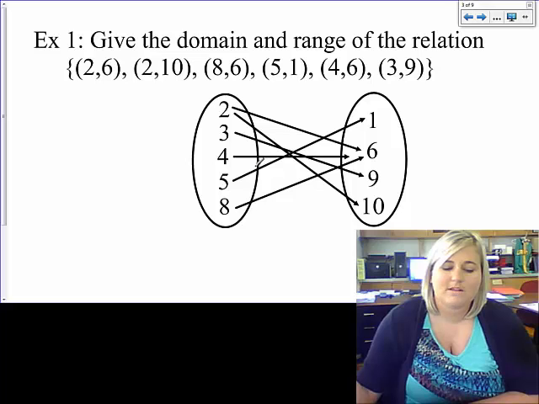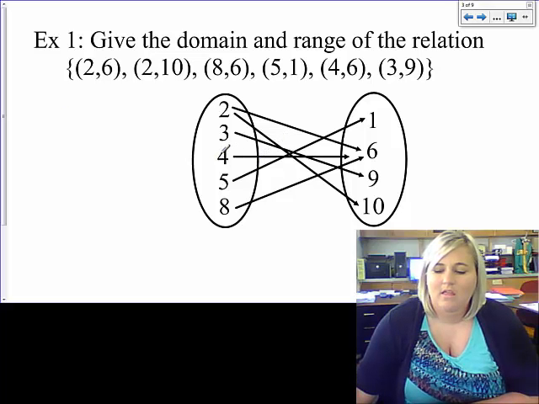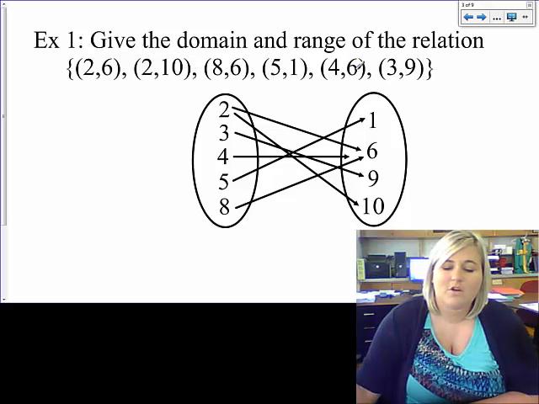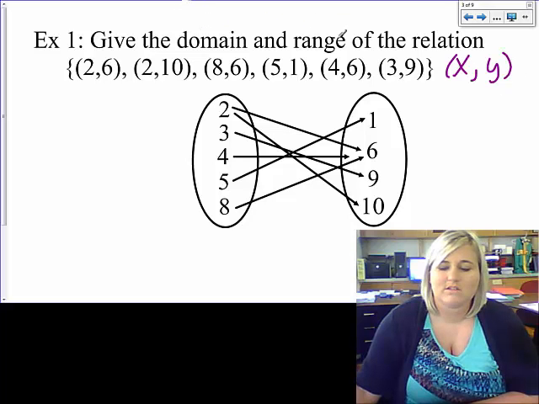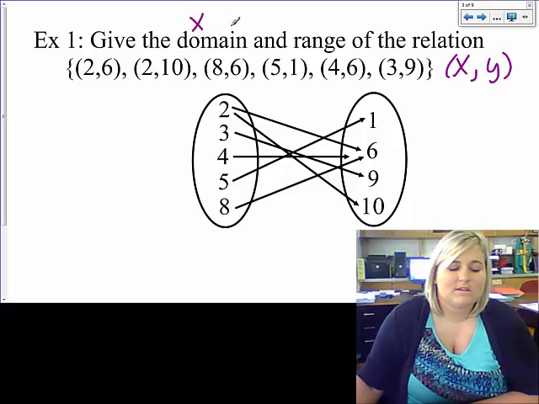Things that you need to know about this, first of all, is that each of these is an ordered pair, which means that they are given in the order of x, y, and they want us to give the domain and the range. The domain is the input or the x values. The range is the output or the y values. So, to list the domain,